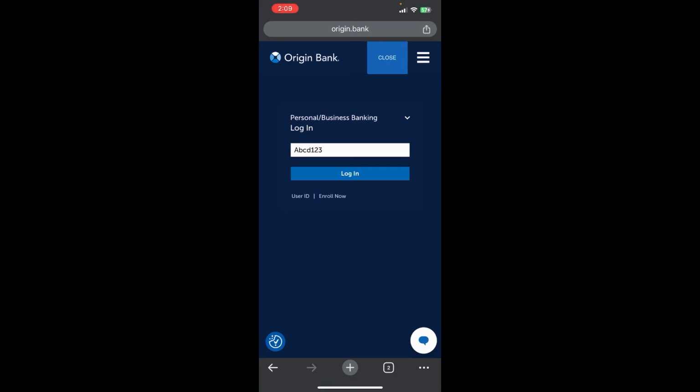So yeah, once your credentials are entered, click to log in and you'll be redirected to another page where you need to authenticate yourself through your phone number and you'll be able to log in. So basically this is how you can log into Origin Bank,